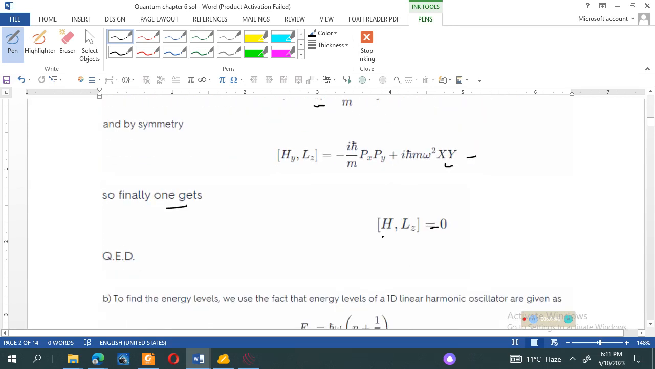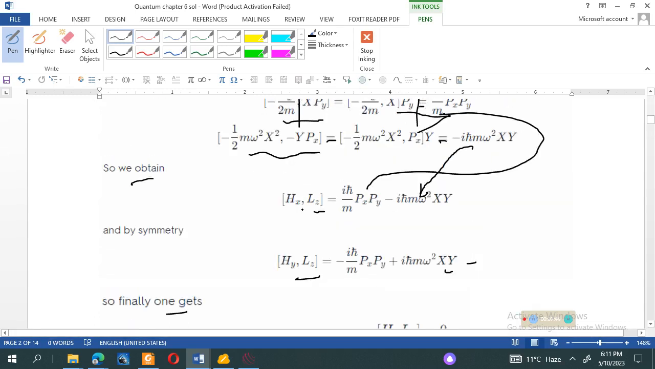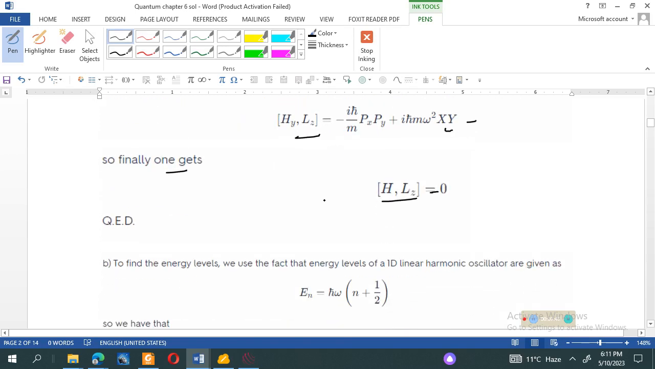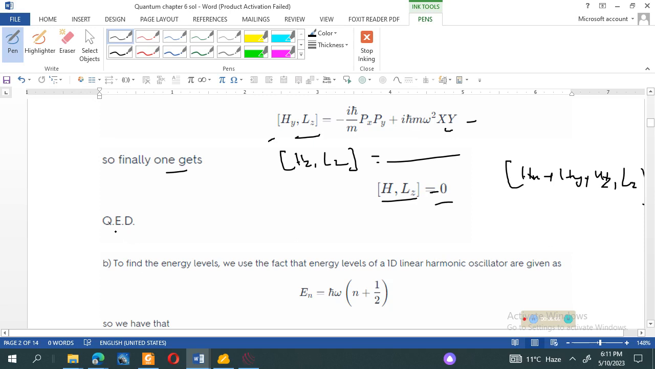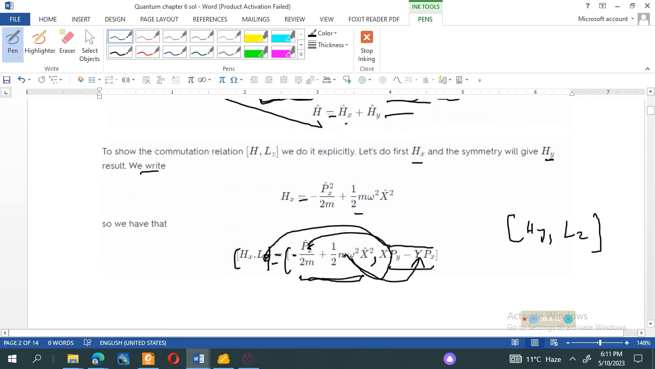Okay, as we have obtained the Hy and Lz, and similarly in the above expression you are seeing Hx and Lz, and similarly we can find Hz and Lz, they will just give some result, then we will add Hx plus Hy plus Hz and Lz, and this will give us 0. Okay, this was our required solution. In the next part,